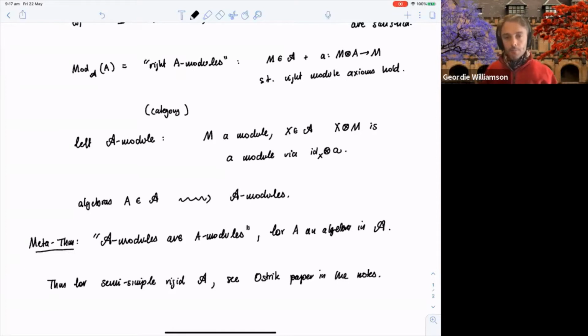Okay, so on the website of the course, there's some notes. And the paper of Ostrich is called Module Categories, Weak Hopf Algebras and Modular Invariants. It's an absolutely beautiful paper to read about these things. Ostrich has this peculiar ability to give you just the right amount of detail. He never seems to rave on too much, but everything that he says is necessary.